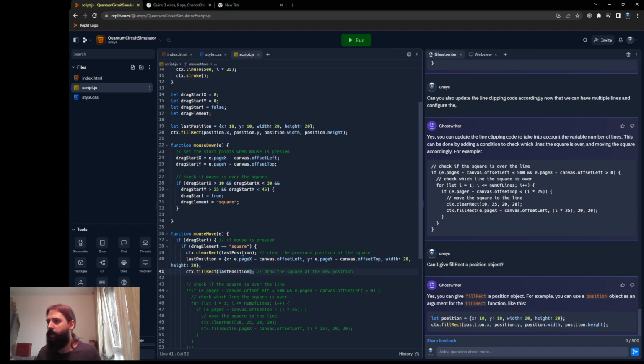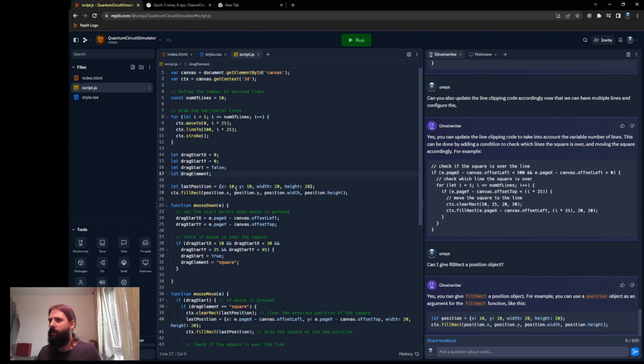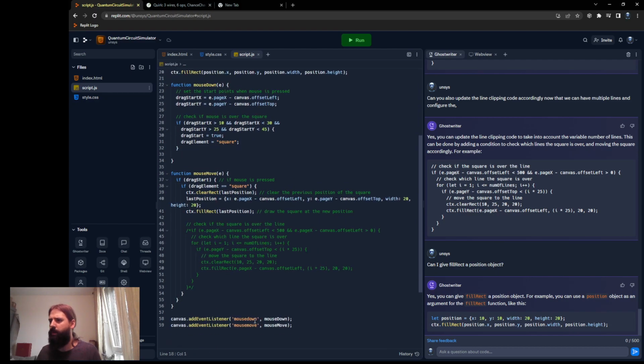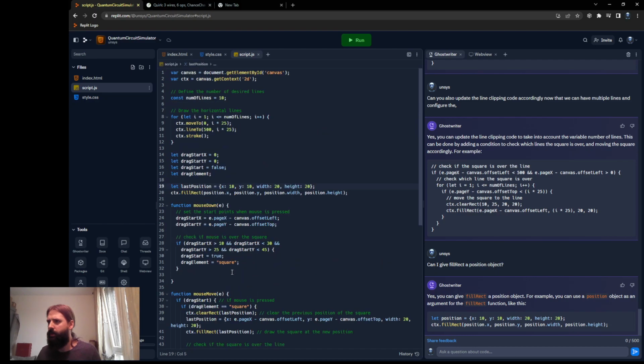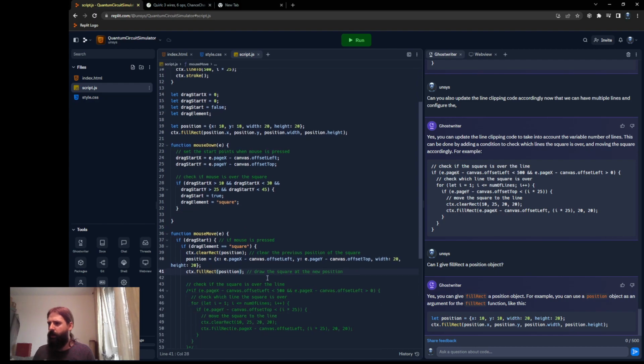Yeah. I mean, maybe. Oops. How can I do multi-line select? What have I done? What is this doing? I guess I'll just do position. I should learn the shortcuts at some point. It makes it easier. So this is position, and then we clear the position, update the position, and then you